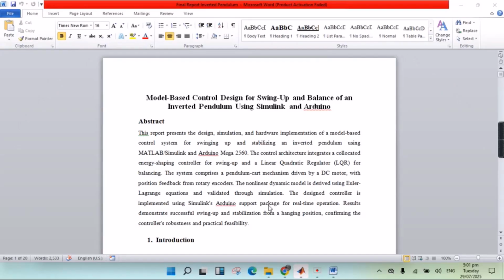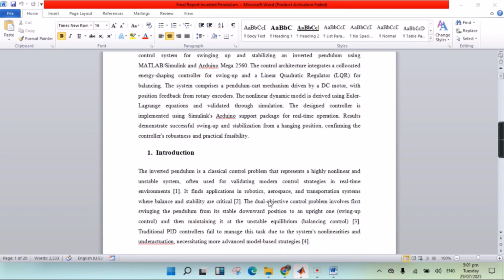Model-based control designed for swing up and balance of an inverted pendulum using Simulink and the Arduino. Arduino is basically used for the LQR method for the implementation of the hardware design, and the MATLAB Simulink model is used for controlling: an energy shaping controller for swing up and a linear quadratic regulator, and its different DC motors